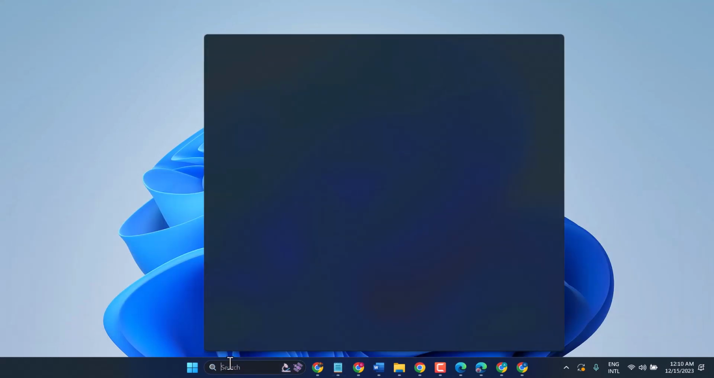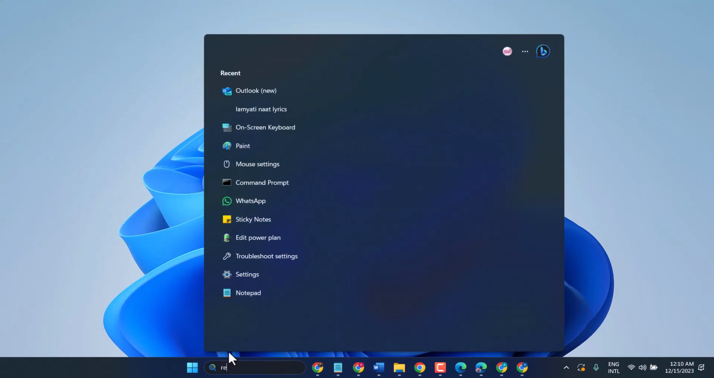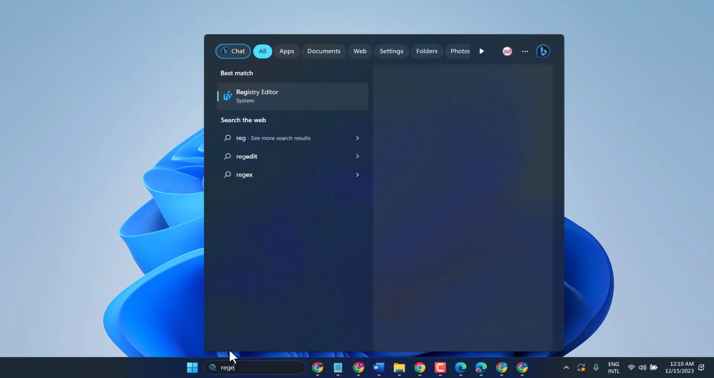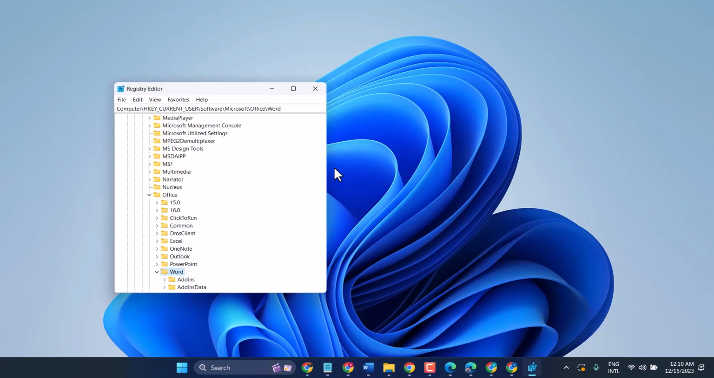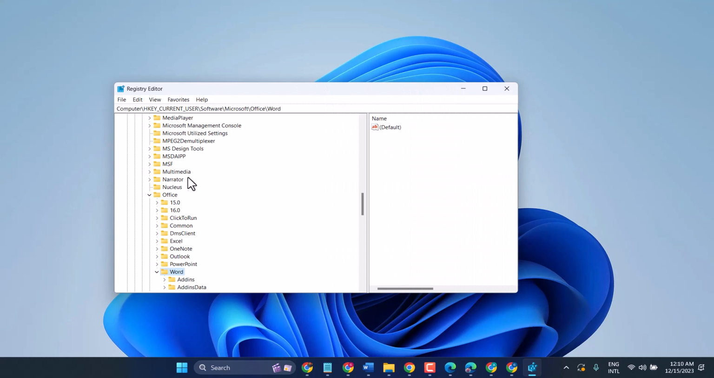search REGEDIT, open registry editor. Now in registry editor guys, you need to expand